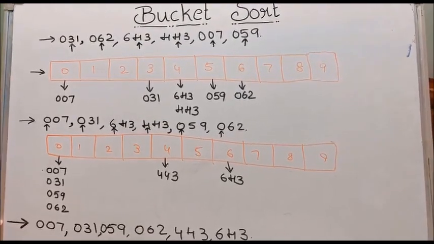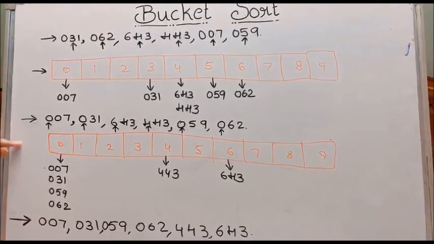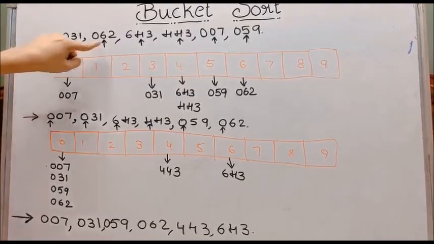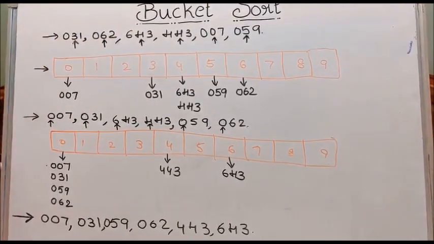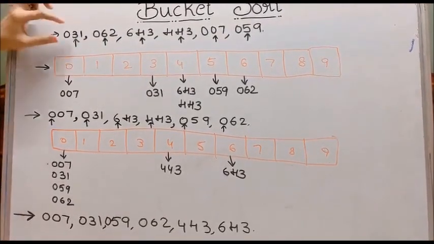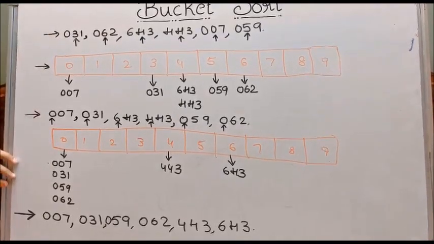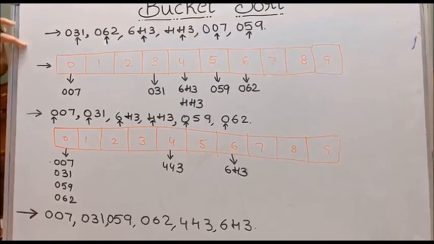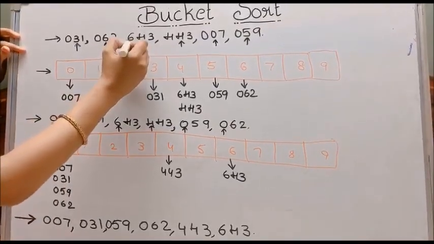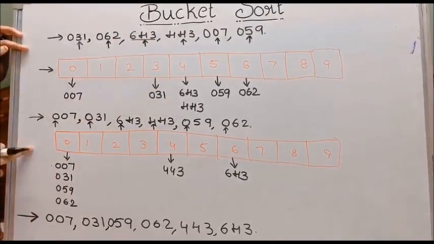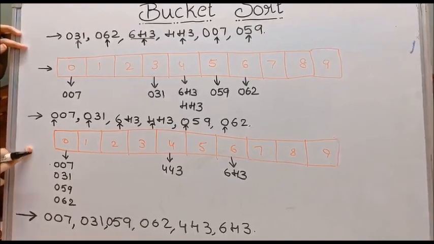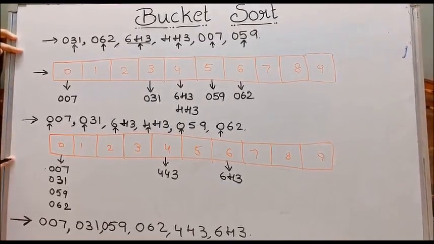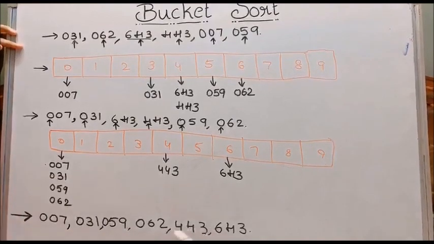If you observe, we have taken buckets 3 times as we are having 3 digits in all the numbers. So, we have completed all the iterations. If we have 4 digits, we need to take 4 buckets. N digits, N buckets. So, in the same way, in this example, as the largest number has 3 digits, we have completed sorting using these buckets 3 times. So, this will be the last output.